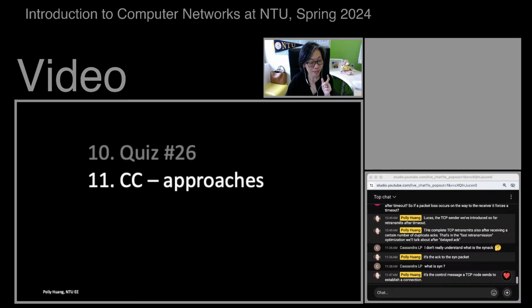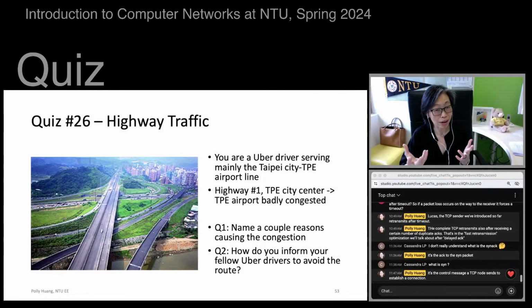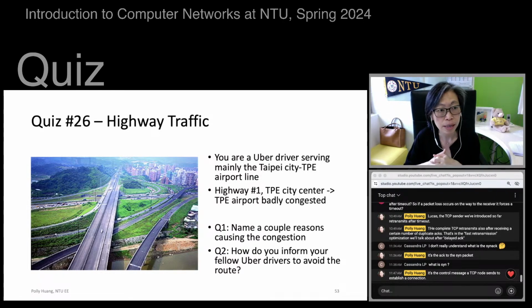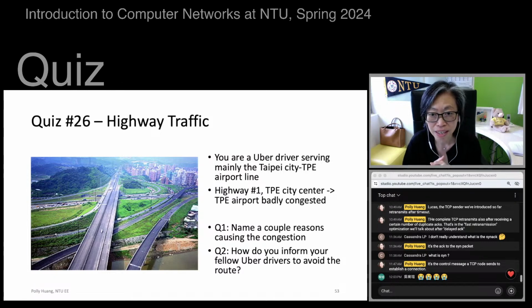All right, so that takes us to the next quiz. In fact, this quiz is to start thinking about how we could address the issue of congestion. Probably you feel it's not always that the more courses you take, the more you learn.